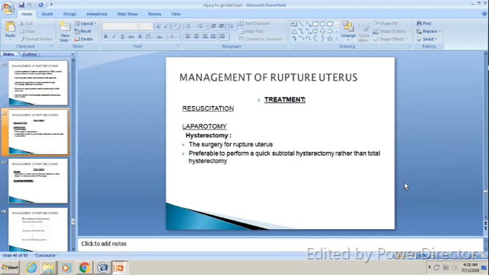In case of spontaneous non-obstructive rupture, the rupture is usually fundal or upper segment and is complete. So to save the uterus is very difficult, and we have to do hysterectomy. In case of scar rupture, the rupture is always from the scar side, so there is a very clean cut rupture. If it extends to the lateral sides, to the uterine arteries, and hemostasis is difficult, then we do total or subtotal hysterectomy.